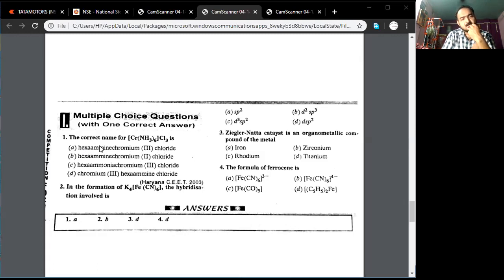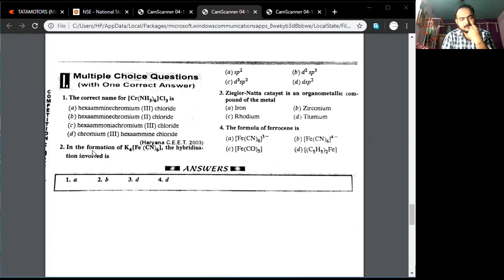So you can see that option A is absolutely correct. So option A is the correct answer for this question. If you haven't seen my video of lecture number 5, you should see the video, so you should be able to answer the IUPAC questions easily.